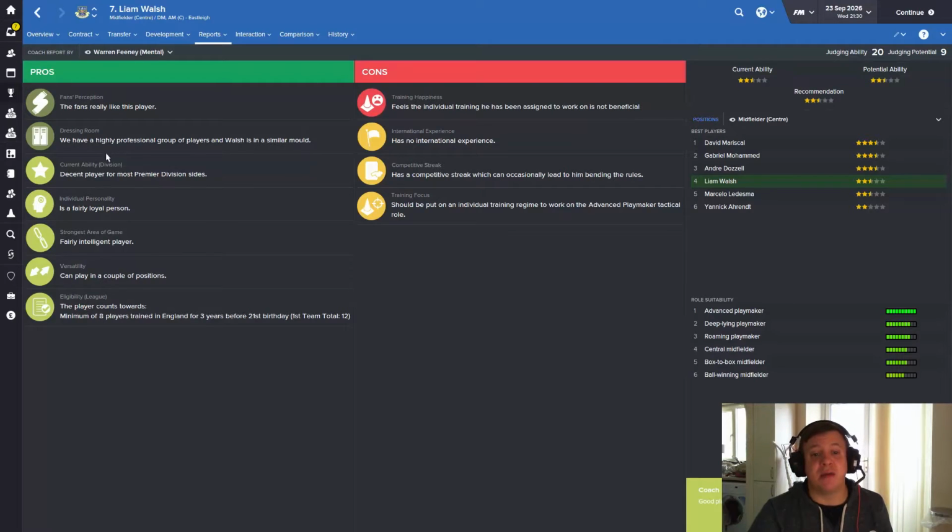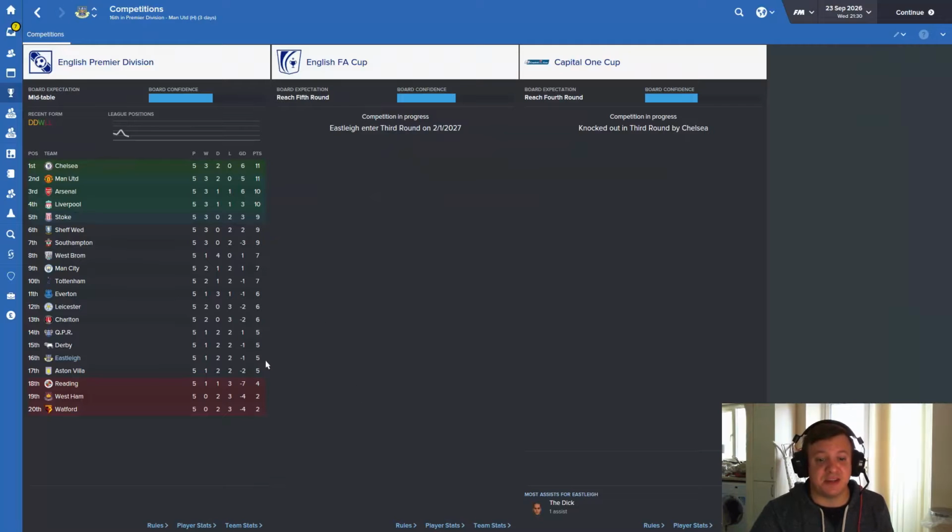So that result anyway leaves us in 16th position after 5 games, which is kind of a poor start. But I'm not losing out too much hope. I mean, that Chelsea game today in the Cup just means that we don't have to worry about it. But I'm pretty sure that they're not going to be very happy about it because we were knocked out in the 3rd round. They wanted us to reach the 4th round, which is obviously pretty poor. But we've reached the 5th round of the FA Cup, so we've got to hope for some decent ties,